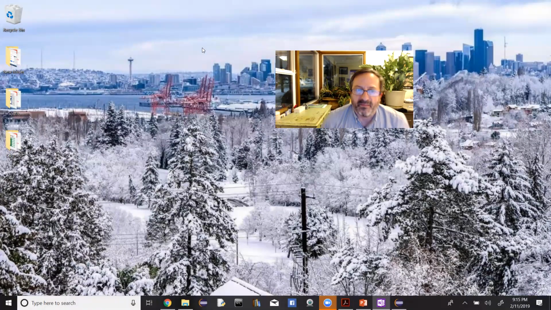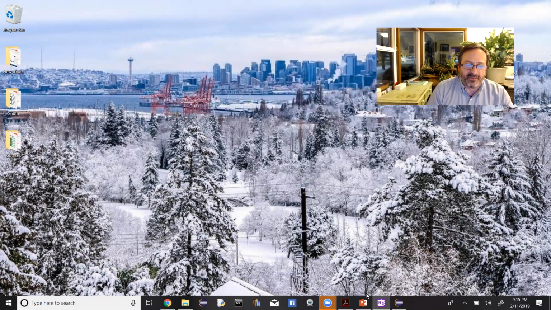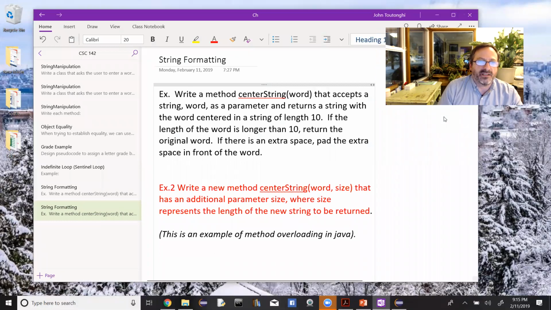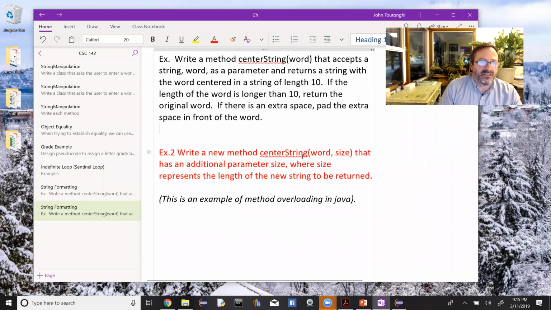All right, so we're going to look at modifying that last program we just wrote. Pull up the example here. So we just wrote center string that accepted a word and centered it in a string of length 10. I now want to write a new method, also called center string, that accepts a word and a size as a parameter. So it has an additional parameter of size, where size represents the length of the new string to